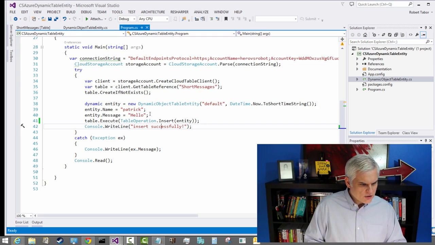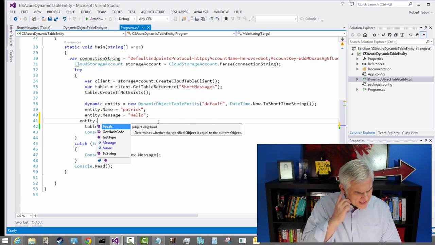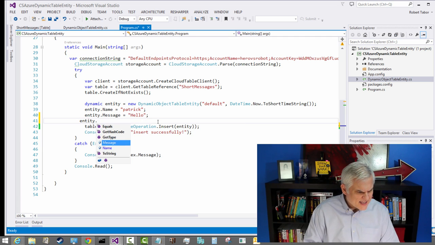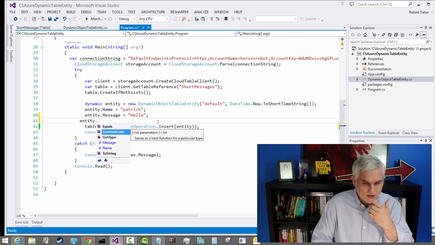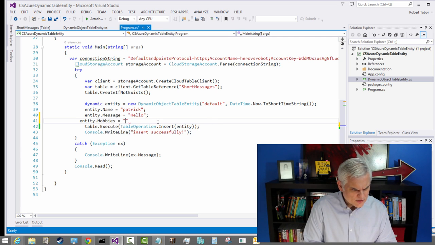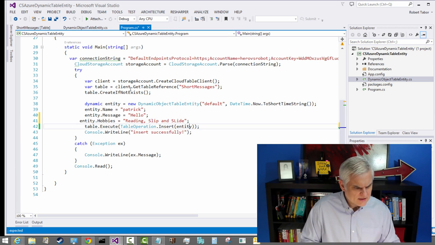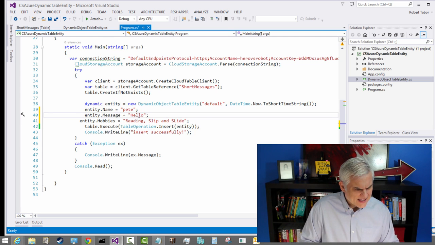Let me, just for fun, show you how this works. I'm going to create another property, and you see how Visual Studio represents these in a blue font in IntelliSense, because it knows that, okay, we've already defined them in the previous two lines of code, so I'm going to go ahead and give you IntelliSense for these things, even though I'm not really sure what they are. Let's go ahead and add a hobbies equals reading and slip and slide. And now let's go ahead and we'll change this from Patrick to Pete,